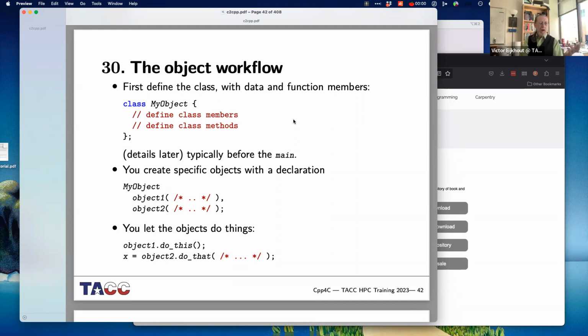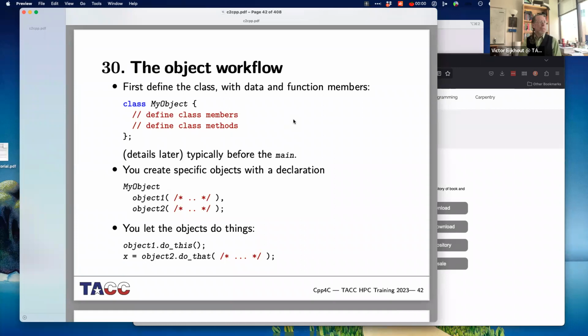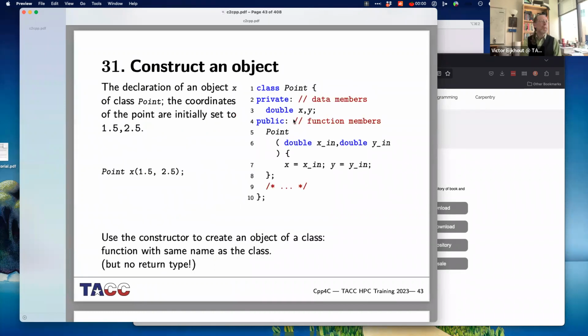Then you create objects, and note line 1, you may create it with some data, and then you ask your object to do various things. Okay, so this is the workflow. You define a class, you create objects, you do things with the objects. Okay,